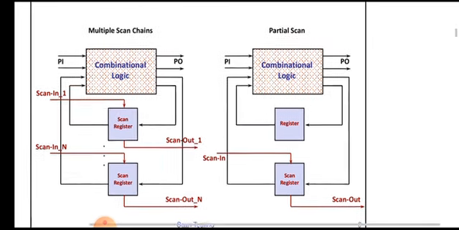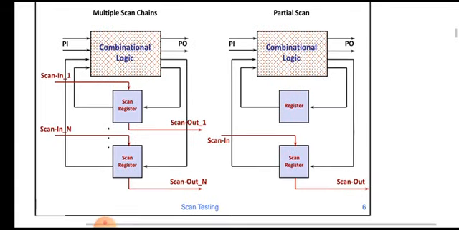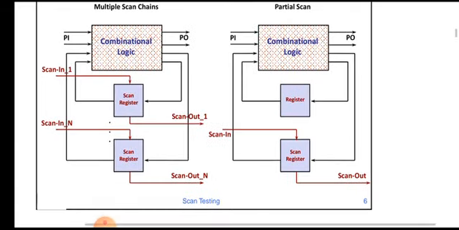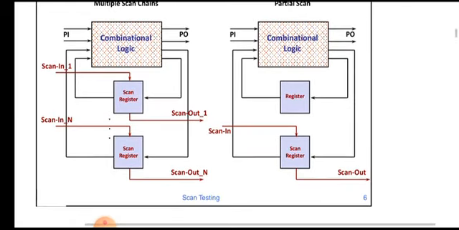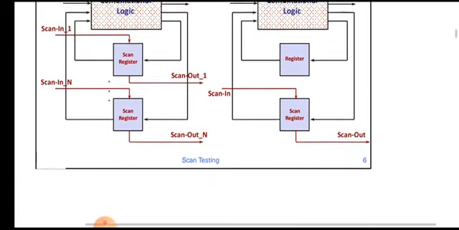Okay, but if we want to use the same circuit as a partial scan, we can do it. The first scan register we make constant, since it is not working, in the circuit. The primary input gets the primary output, but the first register is in the initial mode, it is not working, that's why we are not putting the scan input as well as the scan output. But the second scan register, to which we are providing the input as scan in, we are getting the scan out. So partial scan we can do in the sequential logic.